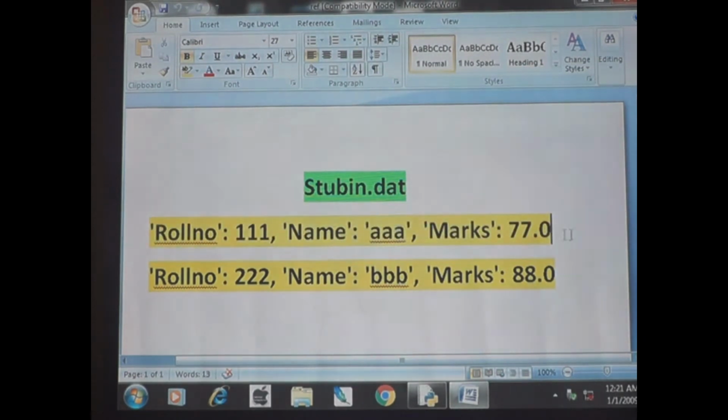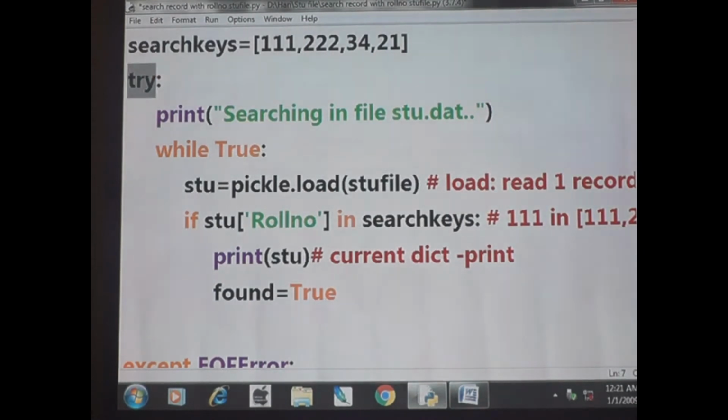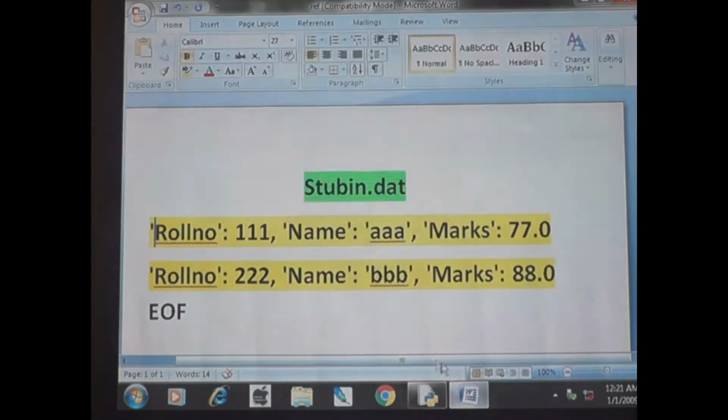Okay, then has the end of file come now? Not yet. Has the file finished? Not yet. Okay, then once again it will try for the next line. Okay? So has the end of file come now? Yes, EOF. Okay, so listen, in the try, I will tell you what this try will do. It will try to read the first line. When it comes here, it will check whether it is the end of file or not. You tell me, is it the end of file or not? No, it is not the end of file.